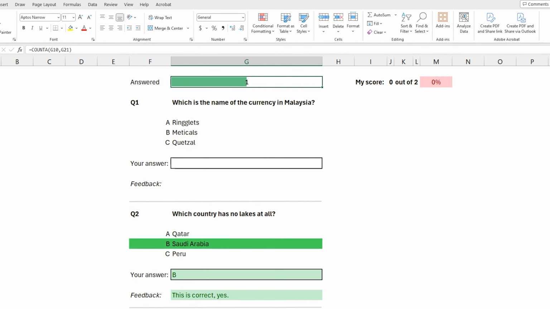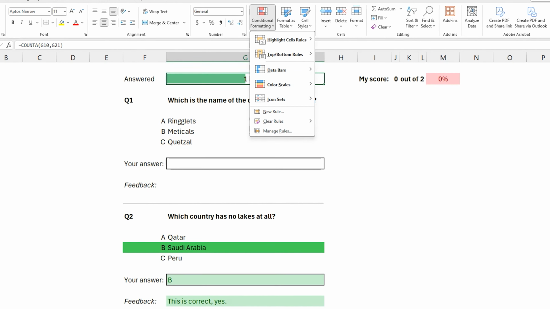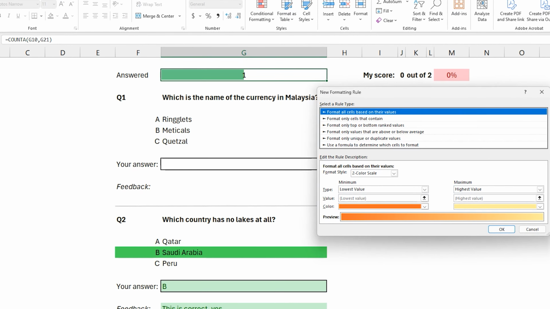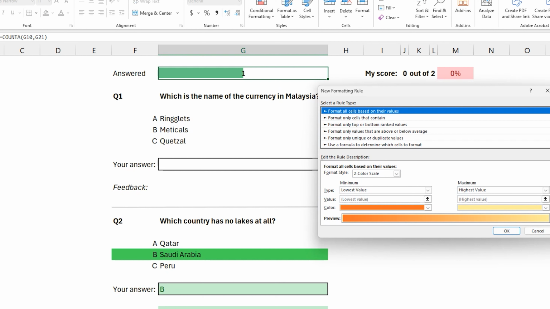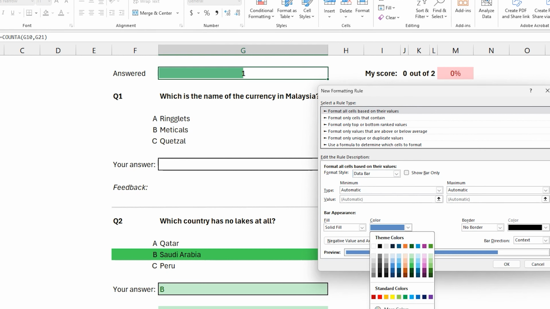And then for this kind of progress bar, what we can do is to go here on the conditional formatting, new rule, select the very first option, format all cells based on their values. Then we can select a data bar, then leave the solid fill and perhaps choose a green color.